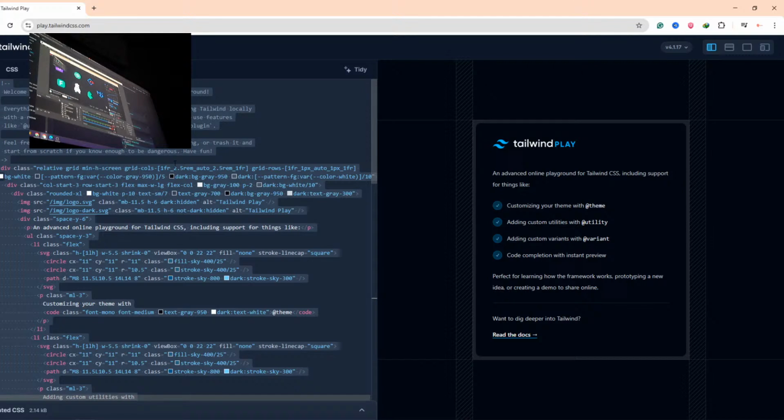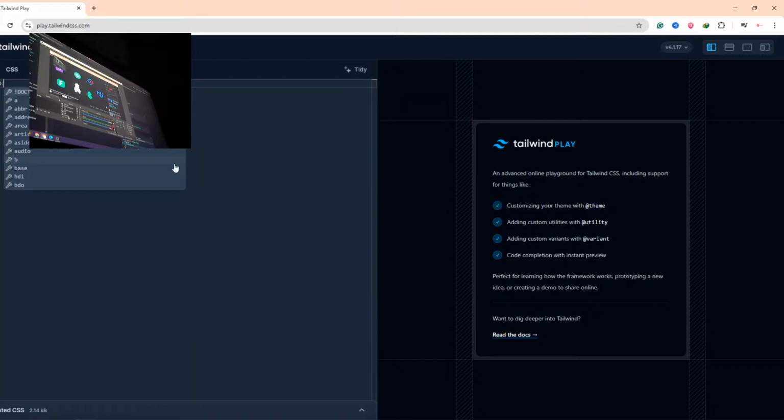Now, let's continue experimenting with some background colors, spacings, font styles, and borders. Create a new div element that'll wrap the H1 that we have right here. That'll look something like this, and we can indent it properly. Now, we can apply a class to this div and give it a bg-violet-200 color. We can also give it an h of 10 for the height, a w-full, so it takes the full width of the container,